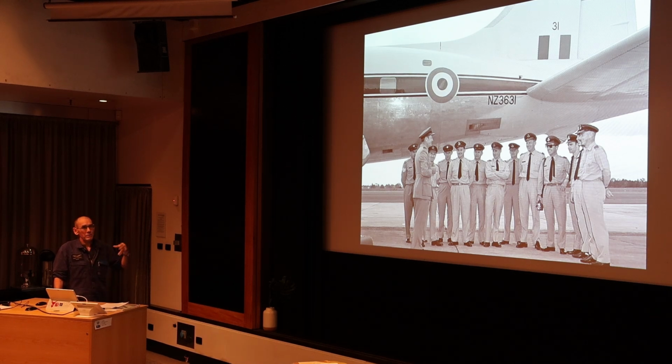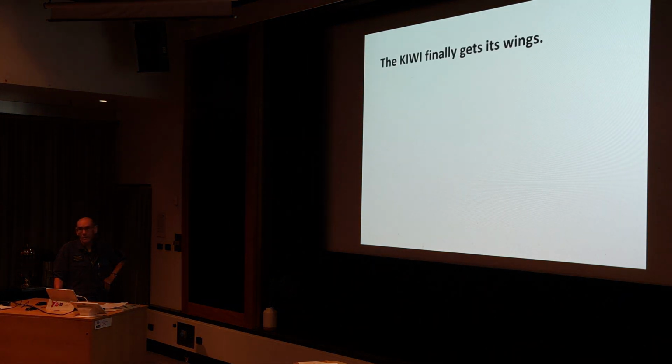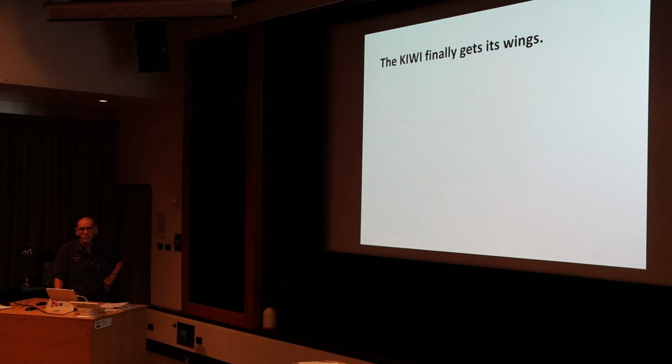So that continued, that was 1957 through until the late 60s, and the debate was simmering away all the time, but then it really came into its own in about 1969, where there was a letter to the editor of the paper, the New Zealand Herald I think it was, pretty much slating the use of the silver fern, and why aren't we using the kiwi? Because we were known as Kiwis worldwide. Whenever the Air Force went somewhere, we had,